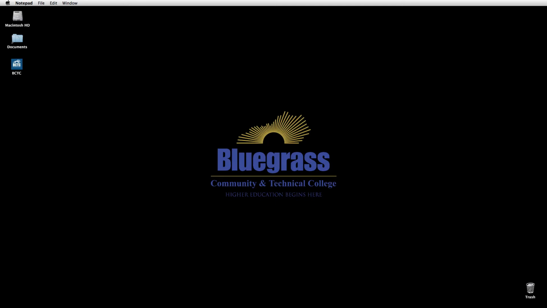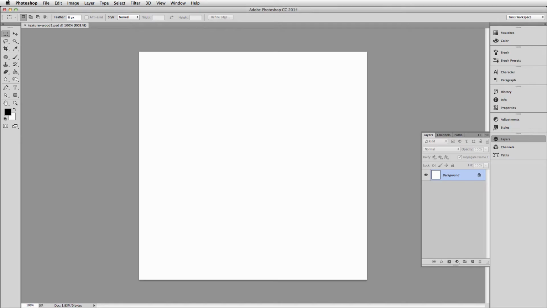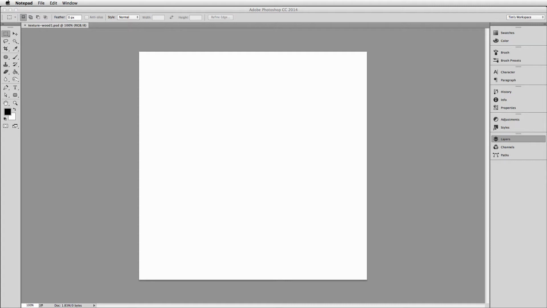Now it's time to channel our inner lumberjack, and we are going to make a texture. Actually, we're going to make several that simulate the appearance of wood grain. And this is kind of a fun one. There are multiple different ways to do this, which is good because there are multiple different types of wood grain that you would see